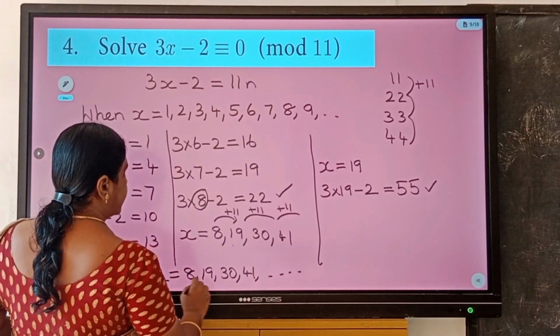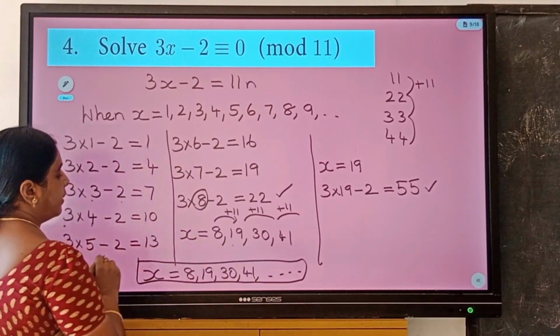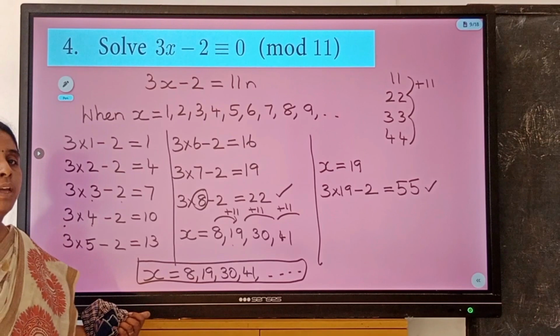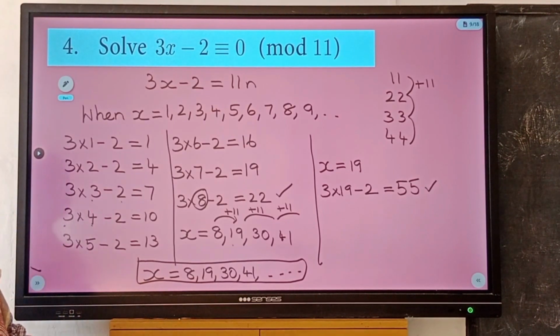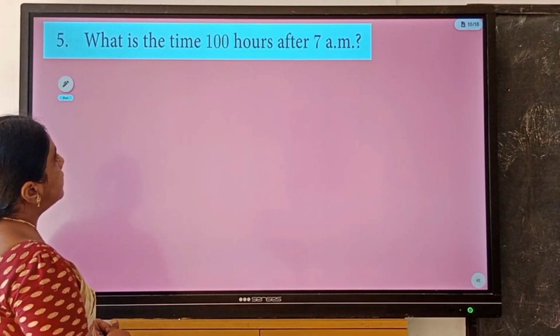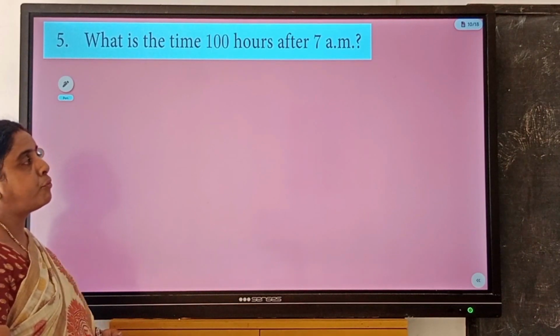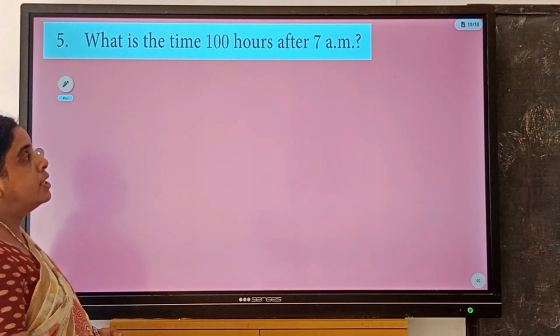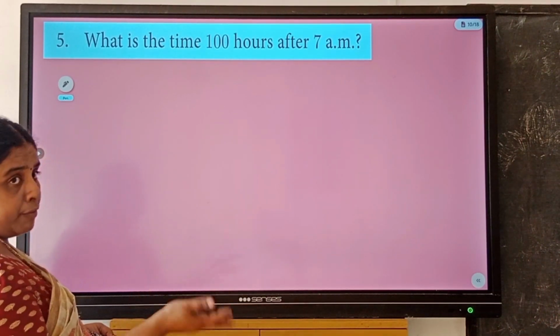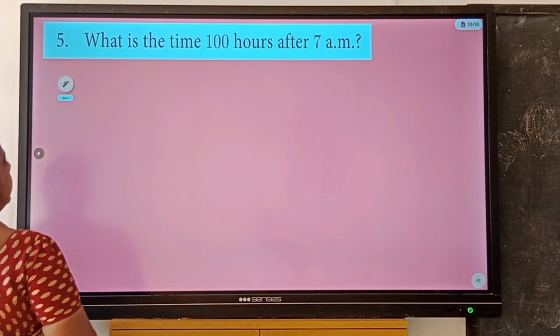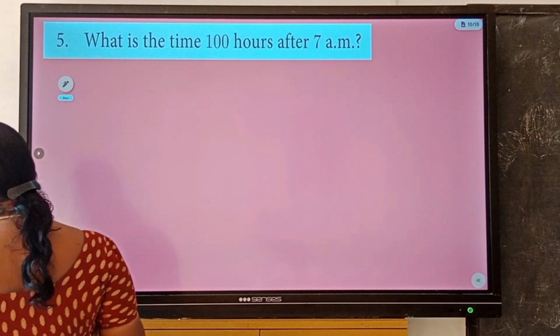goes on. So these are the possible values that we have for the sum. The fifth sum: what is the time 100 hours after 7 a.m.? 100 hours after. So here we can very well see that